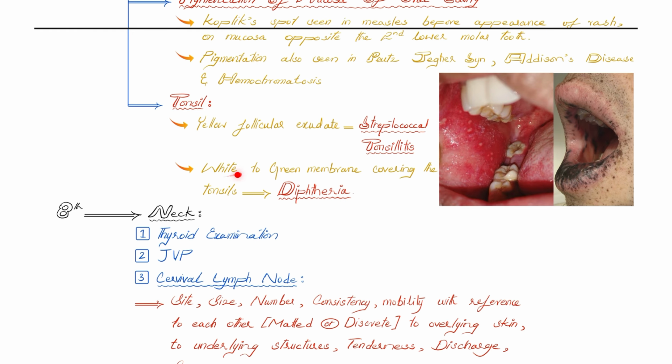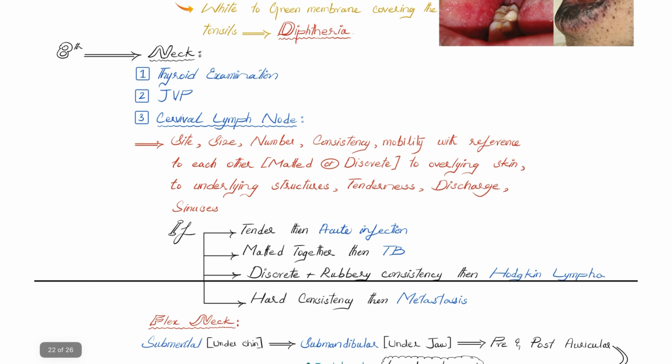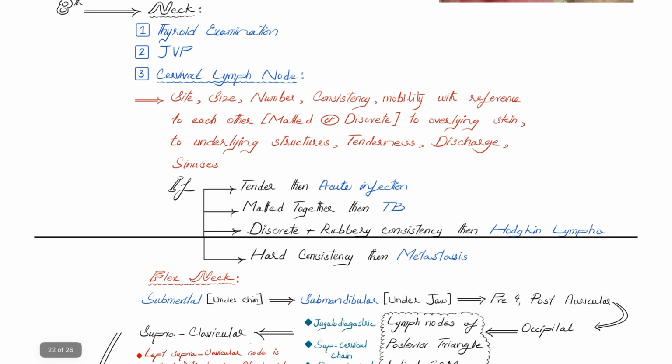And if you find the tonsils are covered by white to green membrane, then it is called diphtheria and caused by Corynebacterium diphtheriae. In the context of neck examination, perform thyroid examination, jugular venous pressure measurement, and cervical lymph node examination. When you want to examine cervical lymph nodes, look for the site, size, number, consistency, mobility with reference